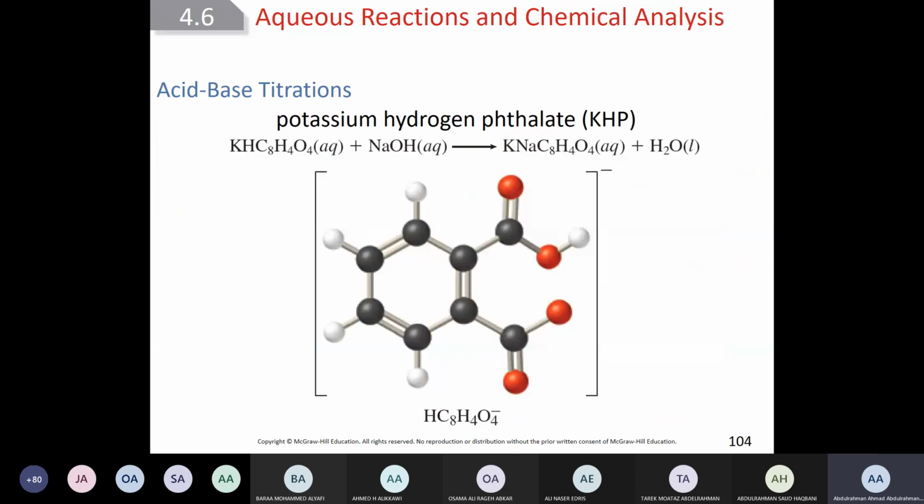There are different types of indicators. One of them is called phenolphthalein. This one is called potassium hydrogen phthalate. You don't have to know anything about this one. It's just called potassium hydrogen phthalate. Or there are other things which are called